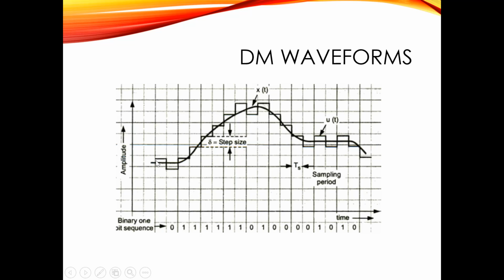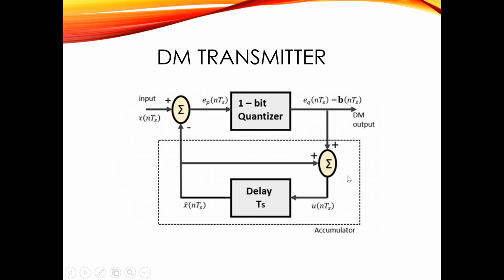Here this is our first signal, that is the binary sequence. Here we are getting 0 as your input signal is less than the approximated signal, so the output is 0. If your input signal is greater than this signal, then the output is 1. So respectively your output will be in terms of ones and zeros only. Only a comparison will be done between your input signal and the approximated signal, and accordingly you will get the output. So this is the block diagram for the delta modulator transmitter.